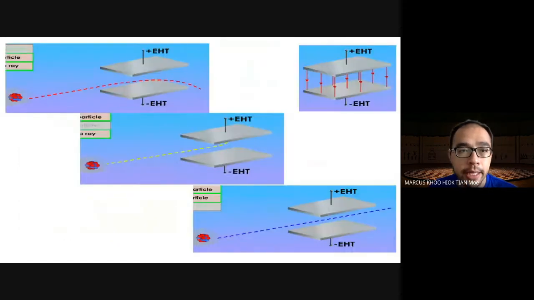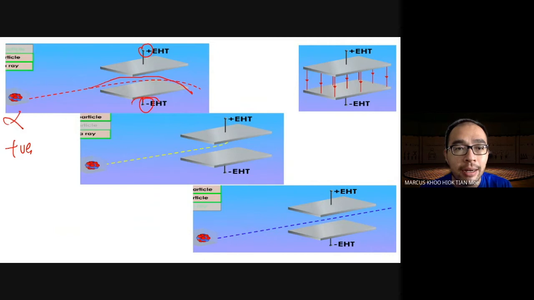Okay, so in this case, we find that if this is an alpha particle, and let's say you have two, this is an electric field, so this is positive and this is negative, very naturally, because the alpha particle is positively charged, so it's going to deflect lah. Dia akan terpesong ke arah the plate negative. Okay, this is a very bad representation. Actually, beta particle is just an electron, right? So if you have an electron that is flowing through here, it's going to be deflected, okay, to the